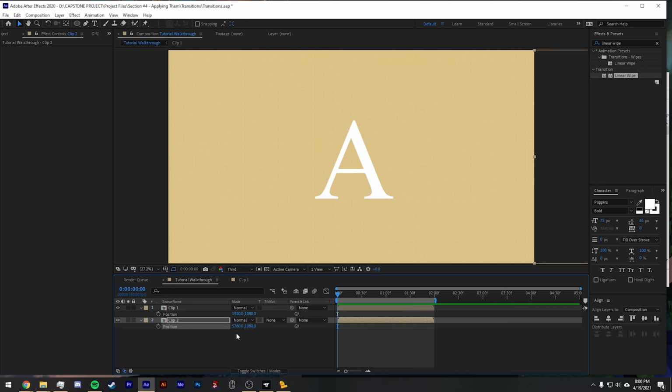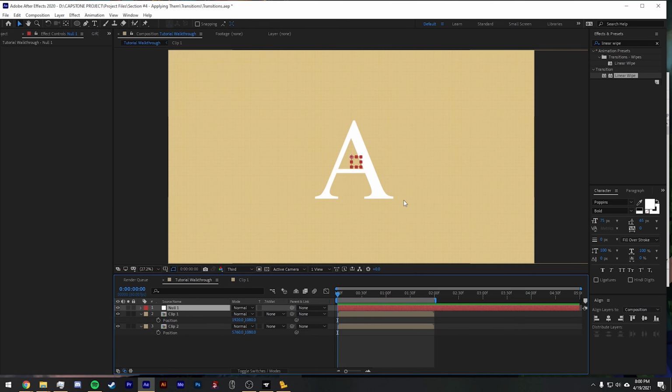And what you can do to make that precise is you can just do 1920 plus 3840, which is double the composition's length. So there you go. It's now at 5760 by 1080. That will work for a 4K composition. So what you want to do now is we're going to actually use a null object, and we're going to parent both of these to null object 1. So we have a very simple control, and we don't have to split up using the properties here for position